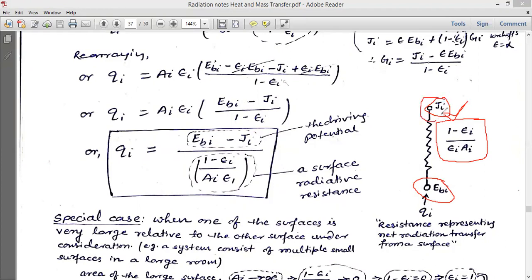मतलब क्या हो गया कि जो रेडियोसिटी Ji से हम लोग रेडिएशन कर जो हम लोग सीख रहे हैं वो रियल सरफेस से नहीं आ रहा है, लेकिन इस रेडियोसिटी को हम इक्विवेलेंट इन टर्म्स ऑफ ब्लैक बॉडी से मान सकते हैं कि वो रेडिएशन ब्लैक बॉडी से आ रहा है विथ एडिशनल सरफेस रेसिस्टेंस। मतलब एक ब्लैक बॉडी जो टेम्परेचर Ti के सरफेस I के बराबर पे मेंटेन हो रहा है, और एक हम सरफेस रेसिस्टेंस 1 माइनस एप्सिलॉन I अपॉन एप्सिलॉन I Ai जोड़ देते हैं, तो ये जो रेडिएशन होगा ब्लैक बॉडी से विथ दिस सरफेस रेसिस्टेंस, वो इक्विवेलेंट टू किसके बराबर हो जाएगा? रेडियोसिटी फ्रॉम द रियल सरफेस I के बराबर होगा।